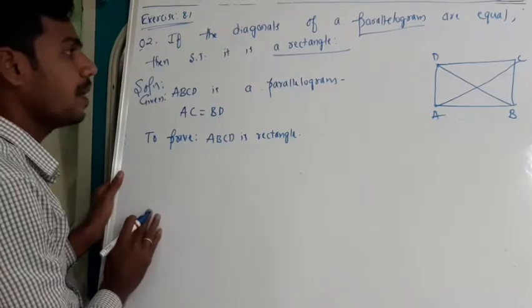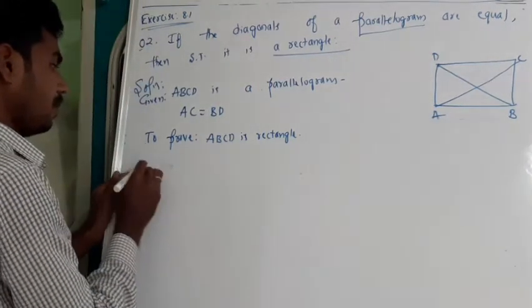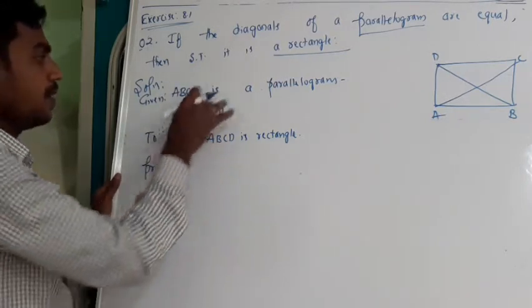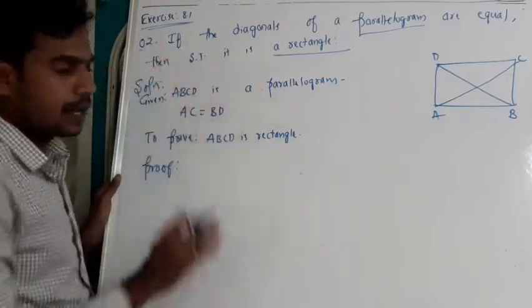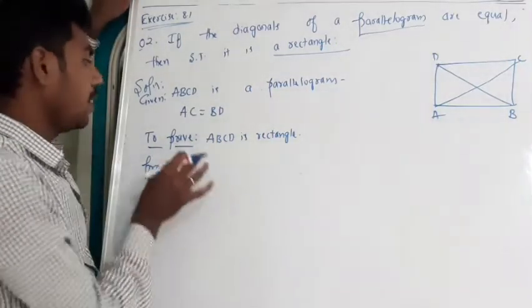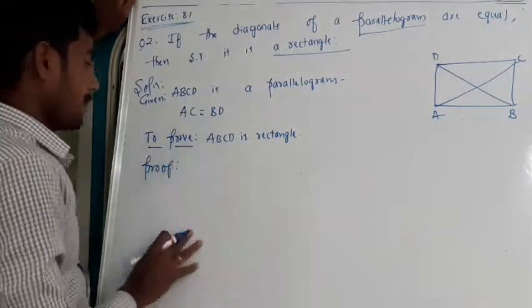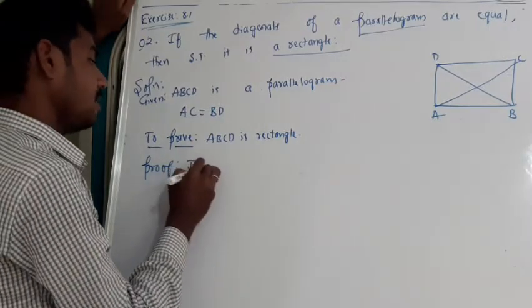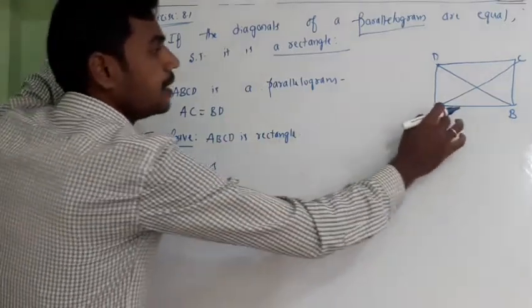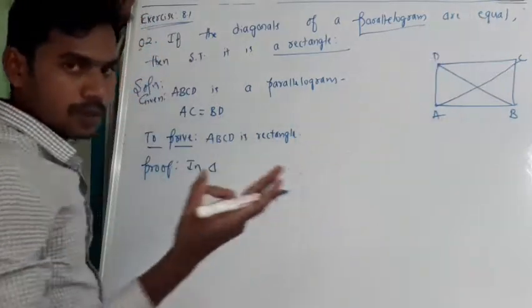So what I need to do for that, I will consider the triangle proof. So these are the exact steps. First we need to write down the given data, then we need to note down what we require to prove, and then the required proof. So I'll consider these two triangles, ABC and DBC, which include the two diagonals.